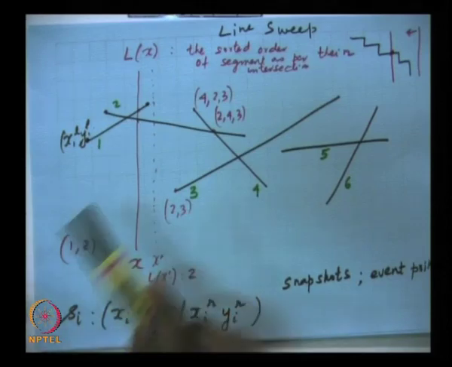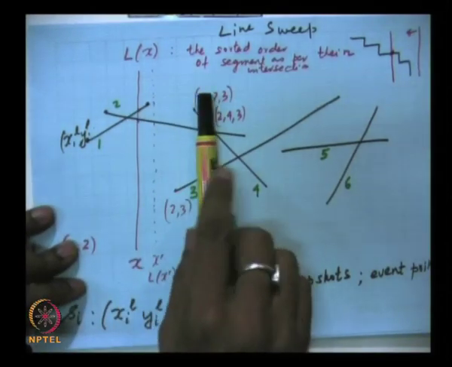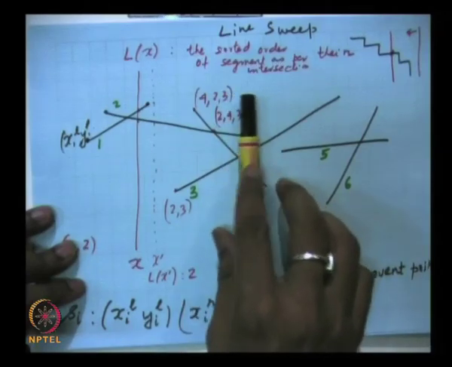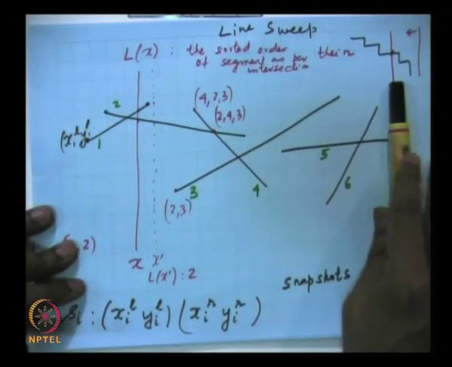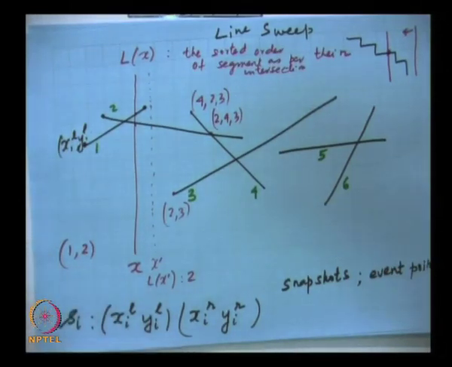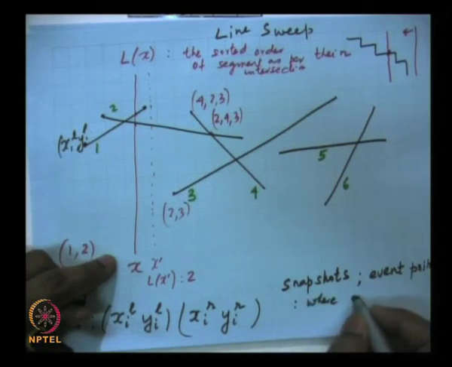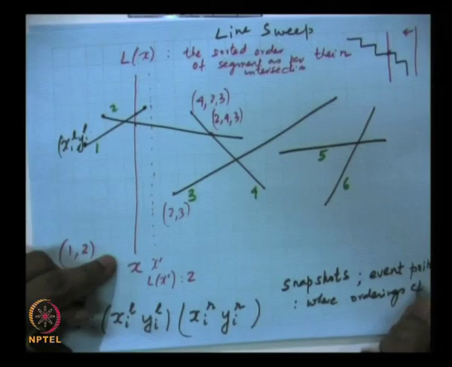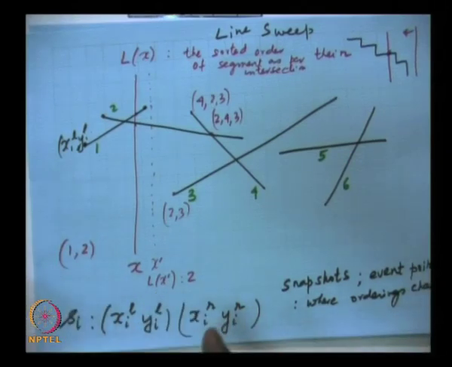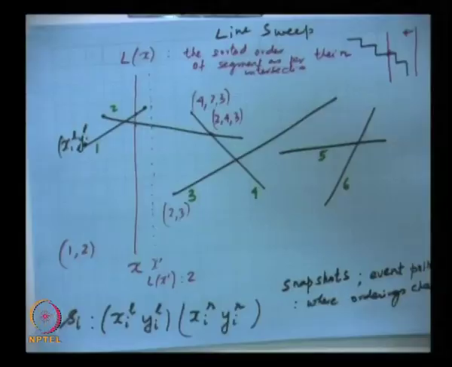So, this is basically all that this line sweep is going to do. It is going to record these orderings as we sweep from left to right. And the event points, now you should be able to guess what the event points are. The event points are exactly those where orderings change. Orderings change means basically L of x changes, whether something disappears or not, that is also a change in ordering. So, we want to record everything about where the orderings have changed, whether it is due to the insertion or the end of a line segment